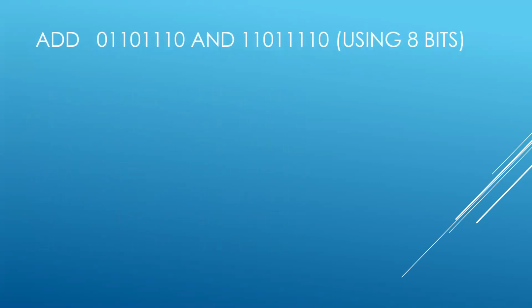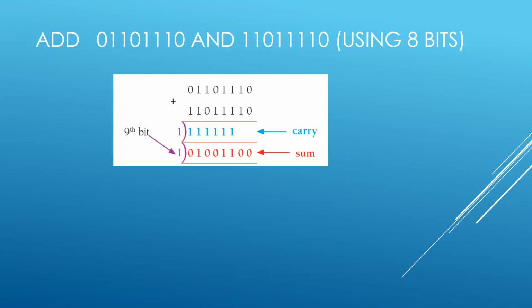Now, another question. Add 01101110 with 11011110, and it has to come in 8 bits only. Just be cautious that the answer for these two binary values, which are in 8 bits, is going to come in 8 bits only. Now if you perform addition in the same manner as we did,